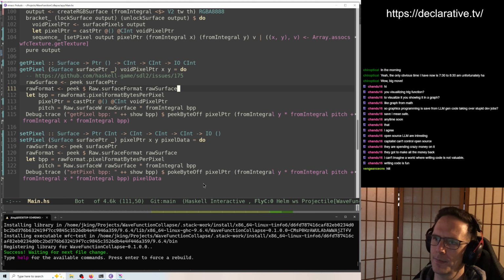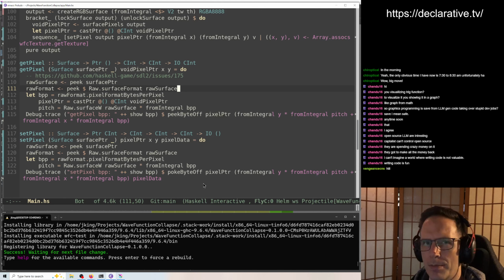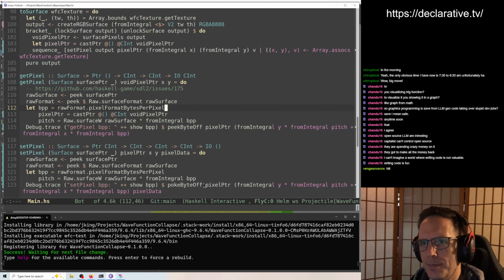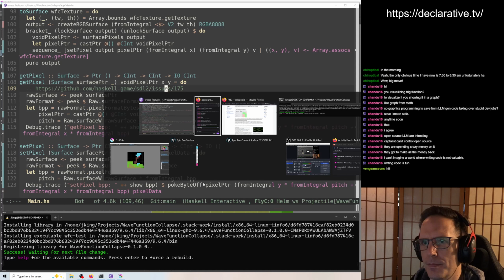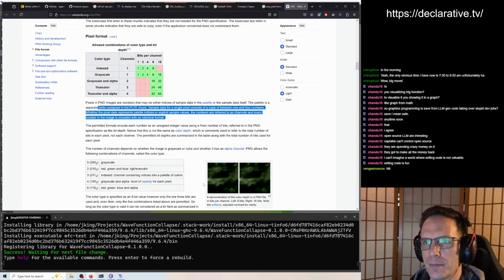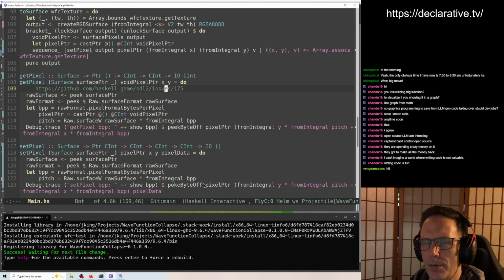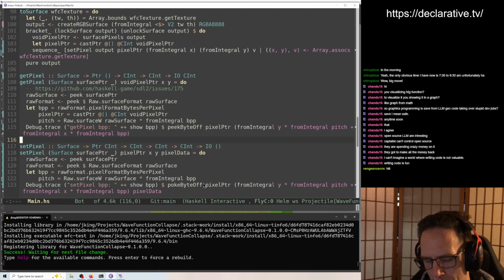Yeah. That would explain some things. They should be the same, if there are only 3 bytes per pixel. Oh, wait. 3 bytes per pixel. That's,